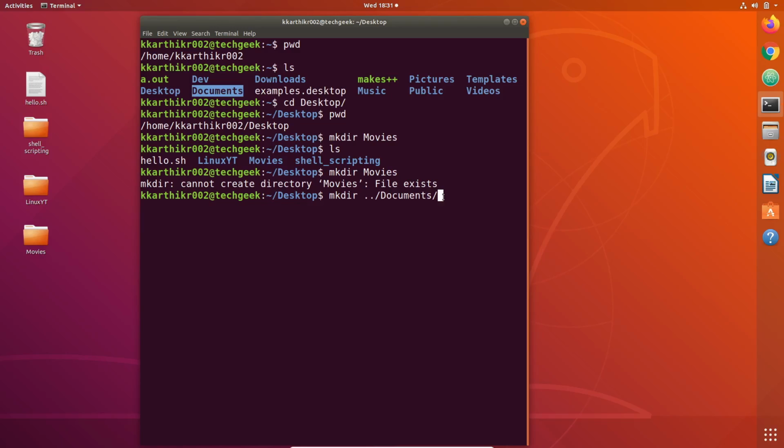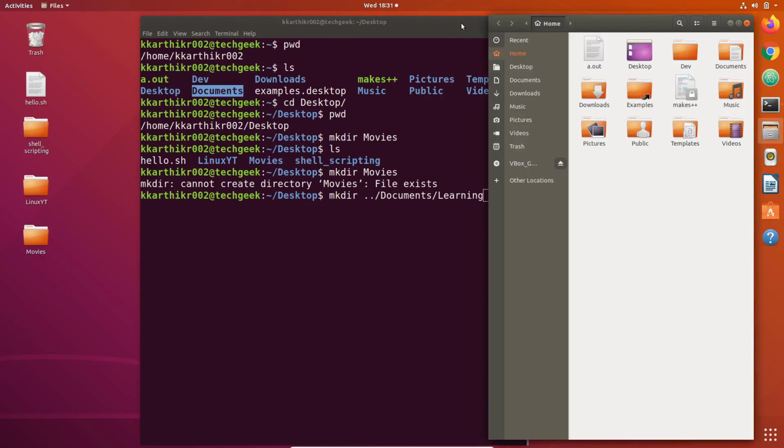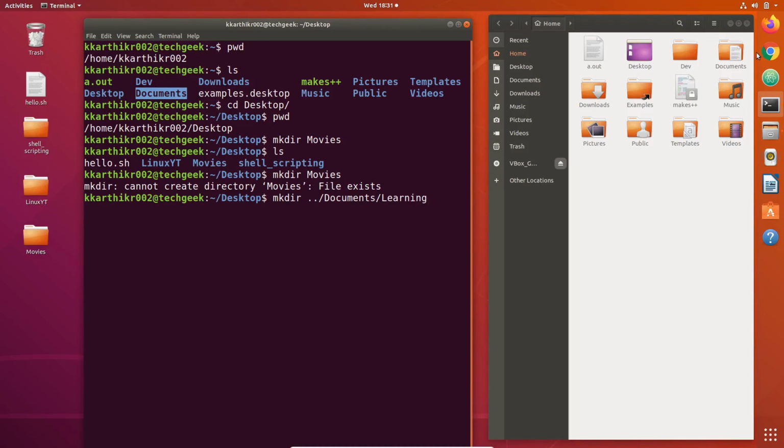Now we need to give the name of the directory we want to create. Let's say we want to create the learning directory. Before running this command, let us see the contents of documents using the GUI to observe the difference. Documents.